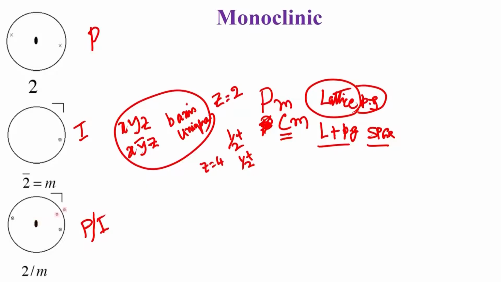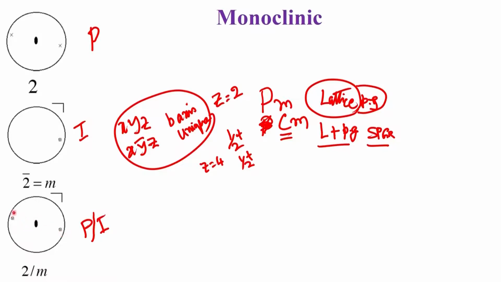So, what happens now is x y z will go to x bar y z bar, and then each one of these points now will see the mirror plane which is perpendicular to it. So, the proper and the improper operations are operating simultaneously. The proper operation will take x y z to x bar y z bar, which is the two-fold rotation,